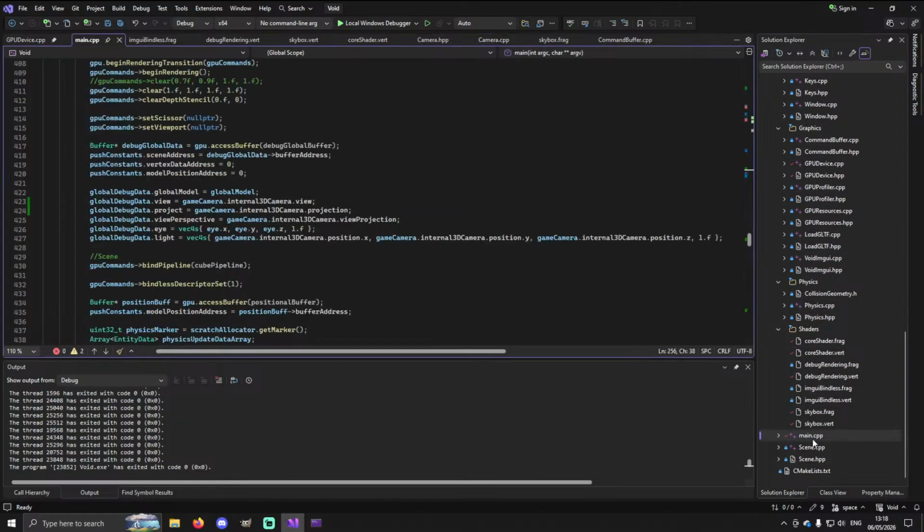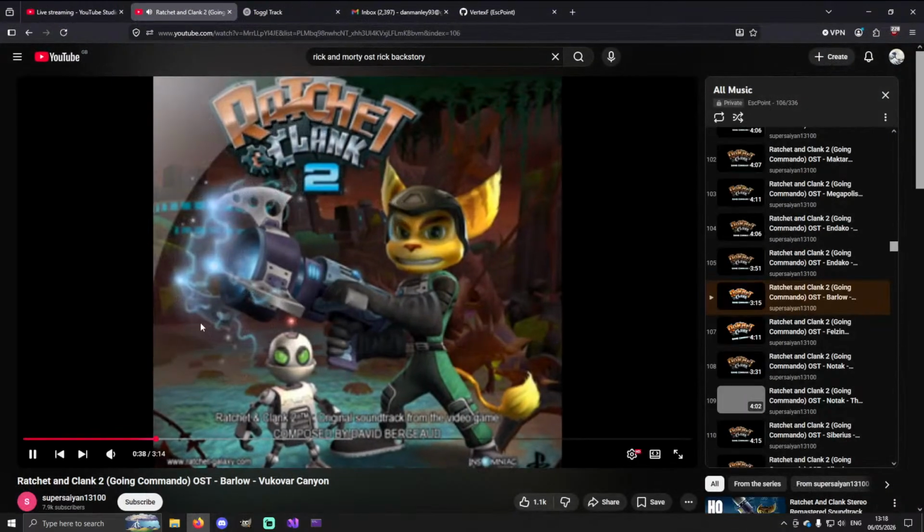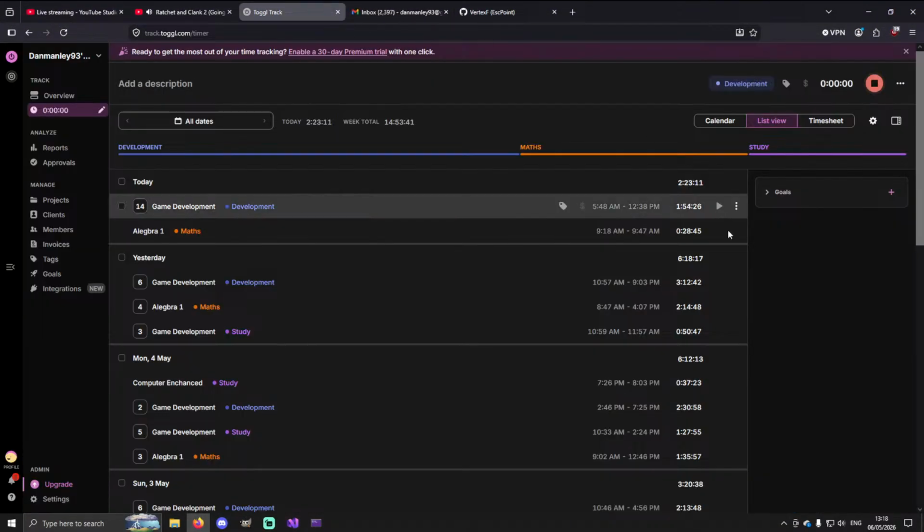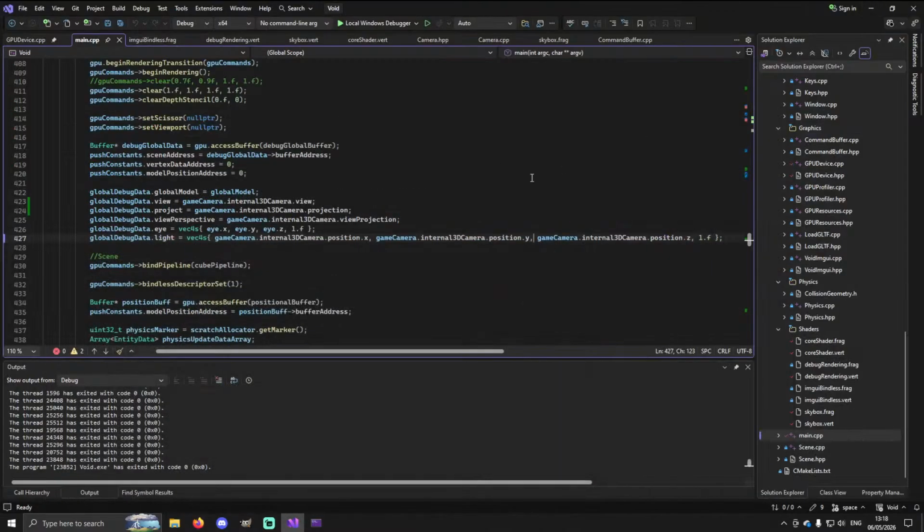Let me just turn down the music a little bit. It always trips me up because the first song on the playlist is super quiet. So I turn up the music and then the next music is always too loud. Anyway,